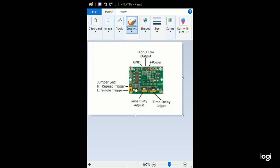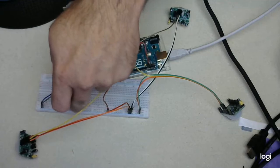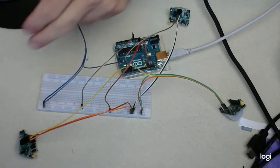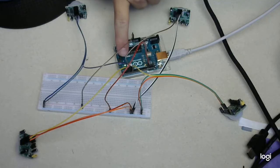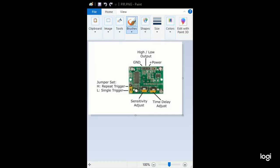So these PIRs themselves are pretty simple to wire. For each one you've got your ground, your high-low output, which is your actual trigger, and your power. For each one I've got the ground connected up on the ground tab here on the breadboard, the hot line plugged into the hot line here, and each of those corresponding plugged into the Arduino itself, and then the middle line, which is the control line, I have wired in on pins 2 through 5. So now if I do this real quick,